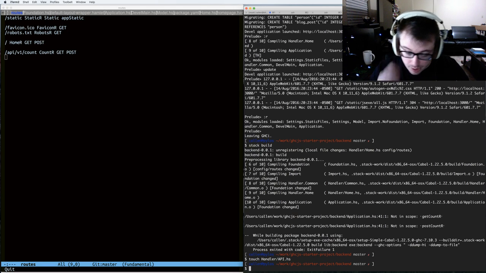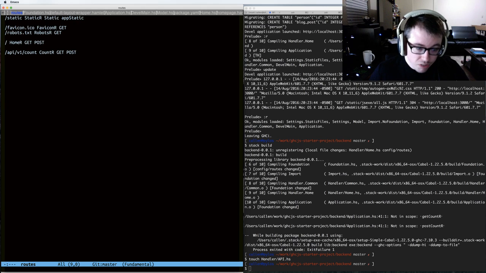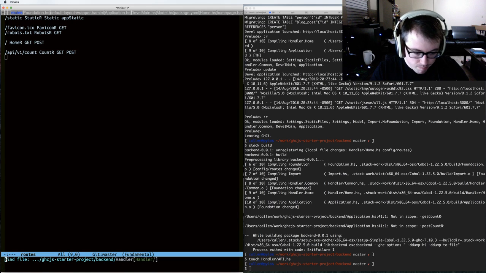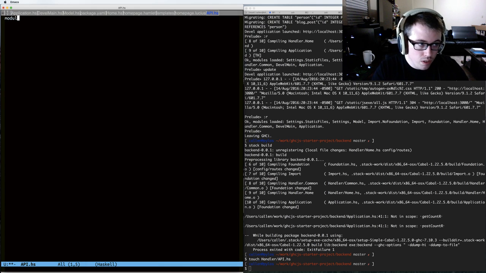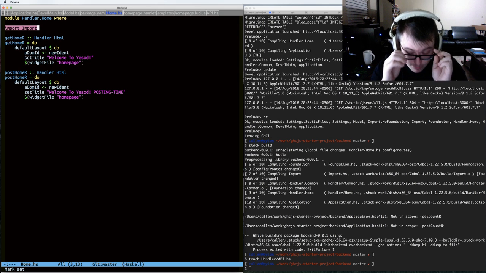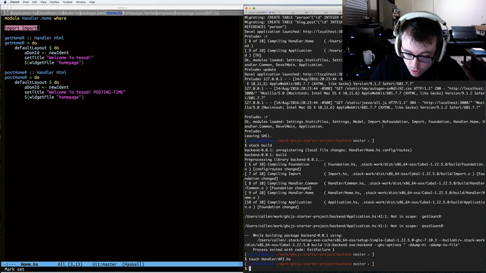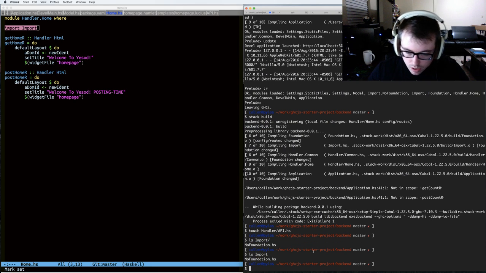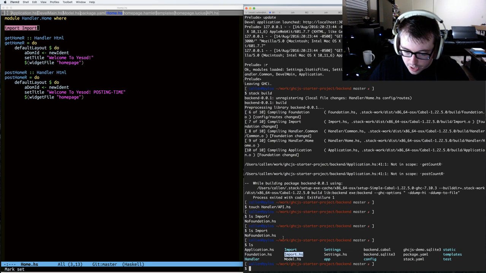I wouldn't really make a module for every single collection of handlers, module Handler.API. And one of the things I do keep from the scaffolds and end up extending is this idea of an Import module. This saves me a tremendous amount of time. It's sometimes a little bit hard to figure out when you want Import.hs versus